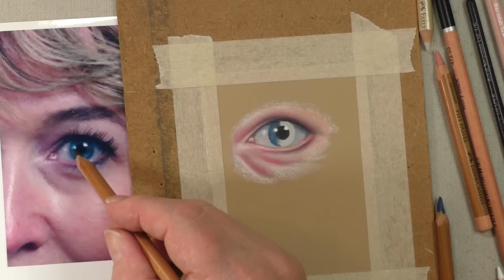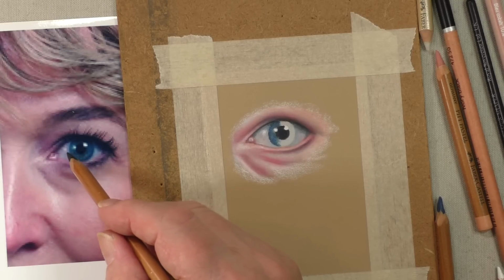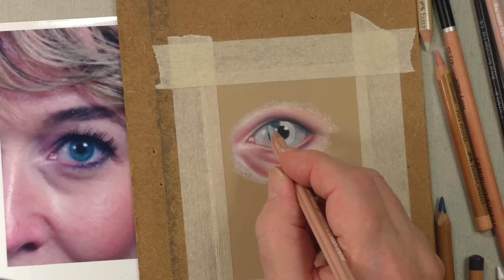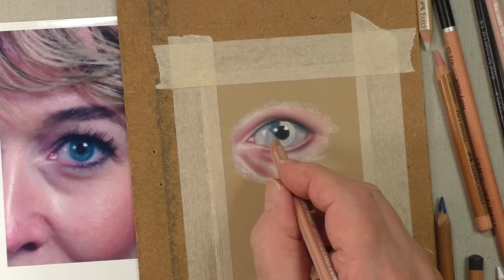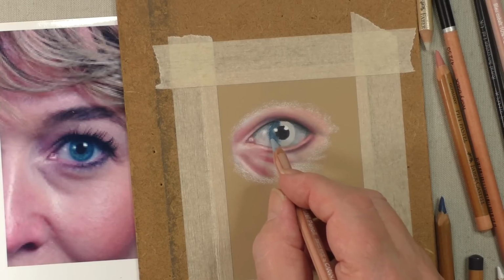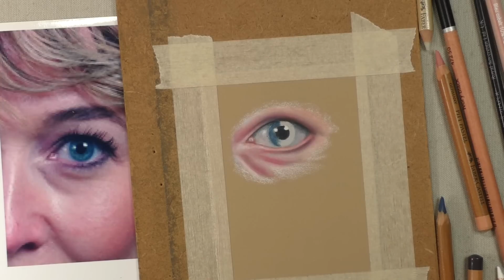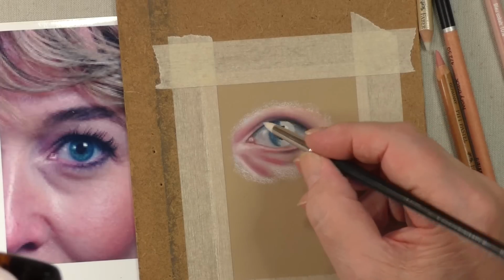But can you see on the eye, you've got an area here between the pupil and the iris and the white of the eye that's got a bit of fusion. Now we can do that in a couple of ways. We can either use a pastel pencil, which I will do. That's this one again. And you go in to produce this sort of motley effect on the edge of the eye, as well as inside. Now you might think that's probably overdone, but if you use the colour shaper as well,